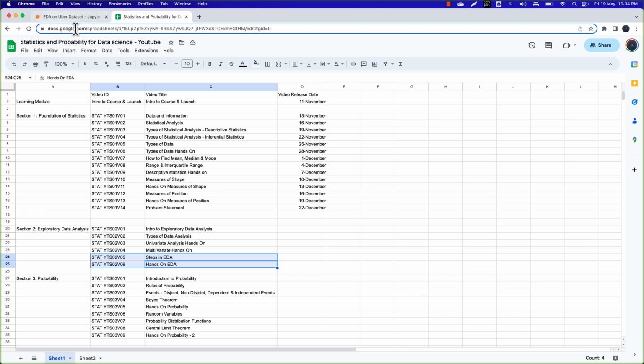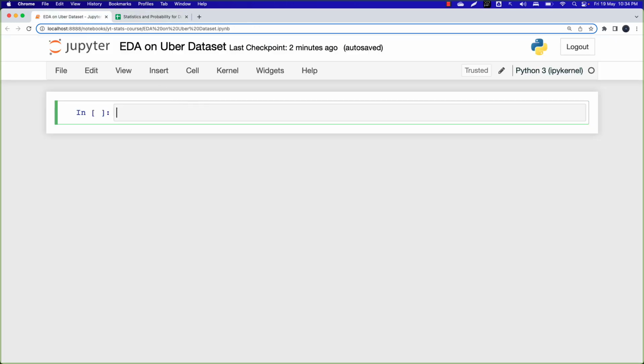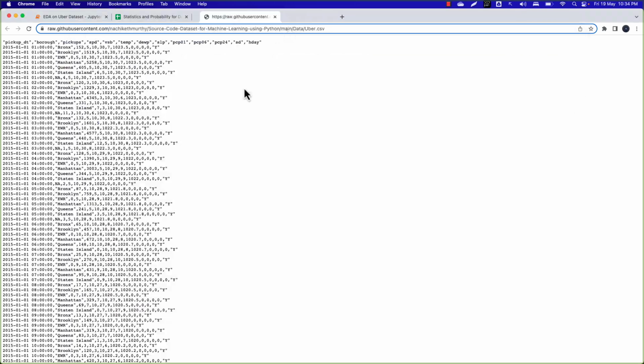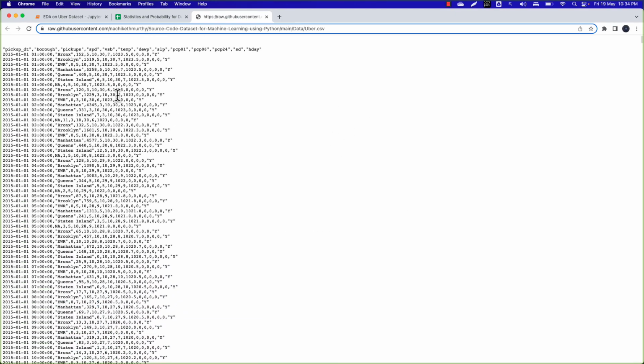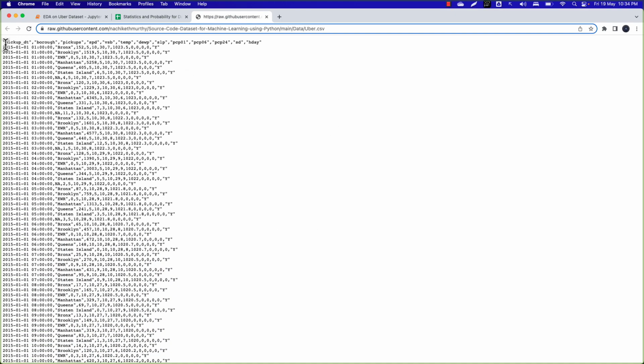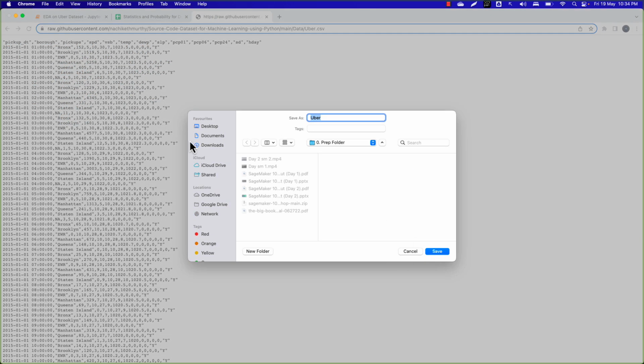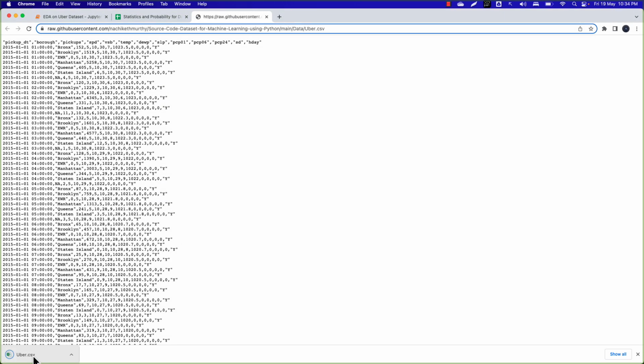See, when we get a data set, let me just take you to an example data set. The data set that I'm going to show you is an Uber data set. So if I take you to the data set, this is how my data set would look like. I've got some GitHub link, and in one of the GitHub links, I found this data set. Okay, I've got the information about the data. Let me do one thing. I'm going to save this data and open it in an Excel sheet so that you can get a better understanding of the same. So if I open this uber.csv file,